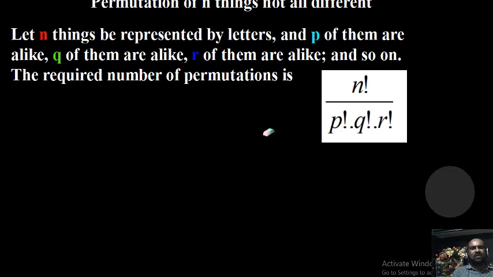Now I want to give some more example problems here. Students, listen. Okay, students, now the question is, how many 9-letter words can you create by using the letters of the word NEW VISION? So what I can say, 9 factorial by 2 N's, 2 factorial, and 2 I's, 2 factorial. I hope you people understood.